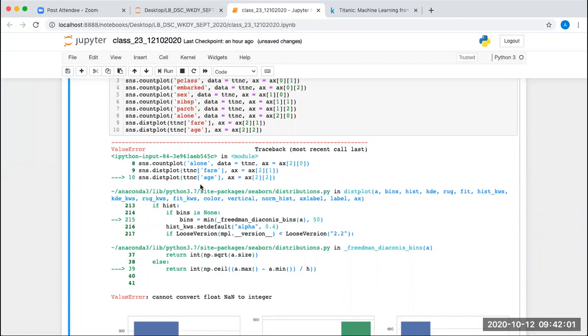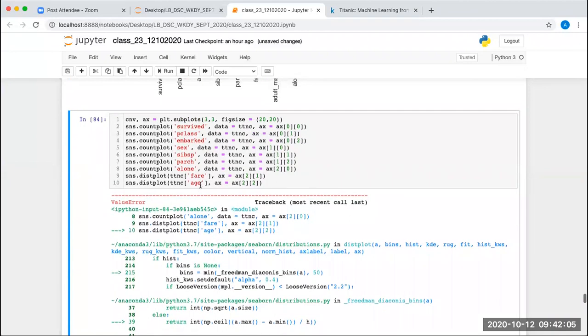So basically, what we have to do now is replace the NaN values in the age column.